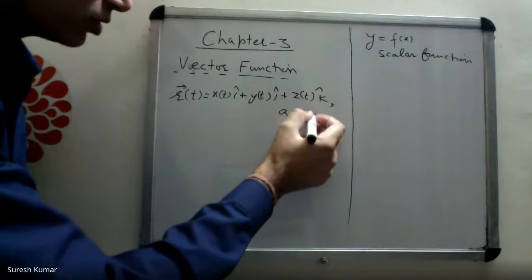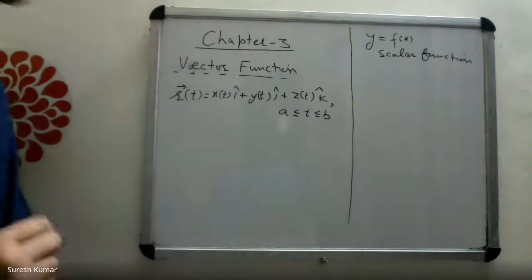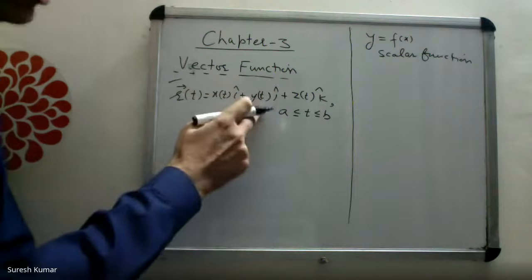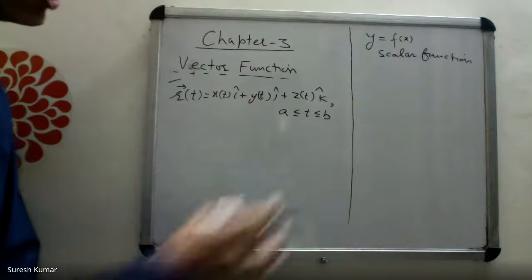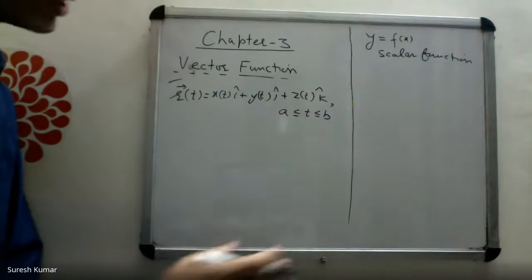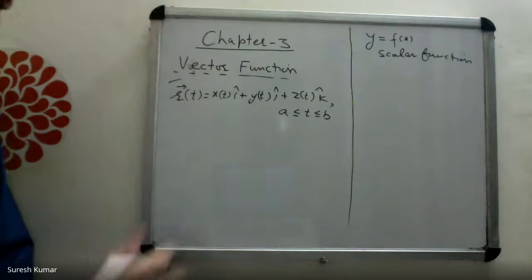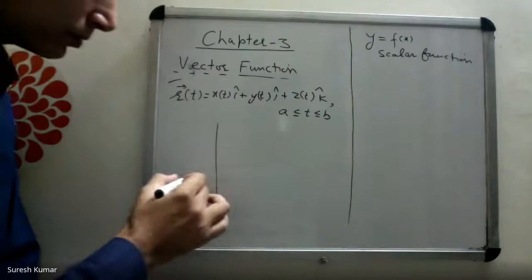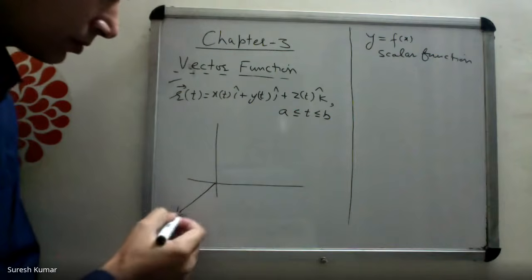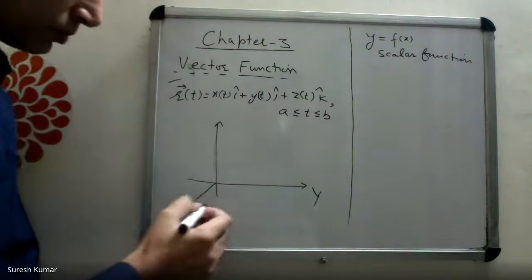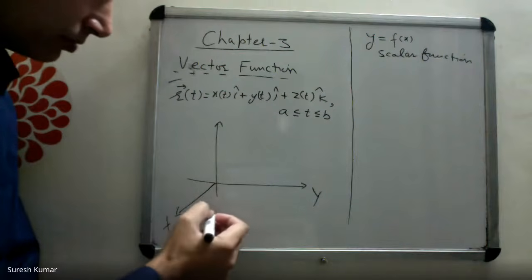Suppose t belongs to the closed interval a to b. This expression defines a vector function because for each value of t, it gives you a vector in this interval. I will take up some examples. But before that, what is it geometrically? Geometrically, it is a curve